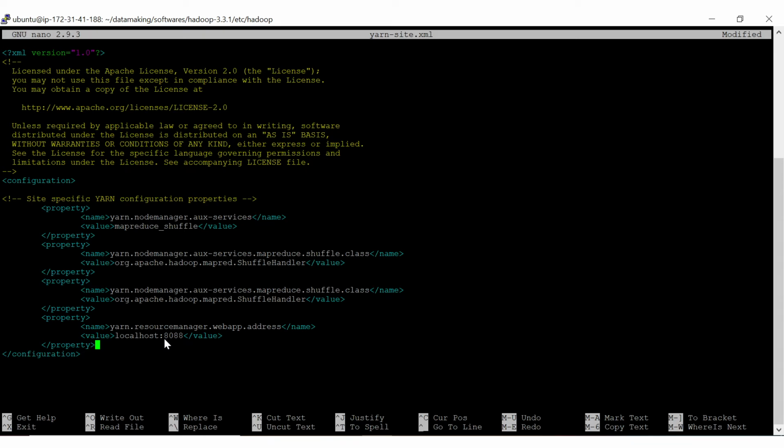In a couple of steps I change this, but it is better for you to change it first itself. So it will be like internal IP address:8088. This is the default port number for the YARN dashboard.